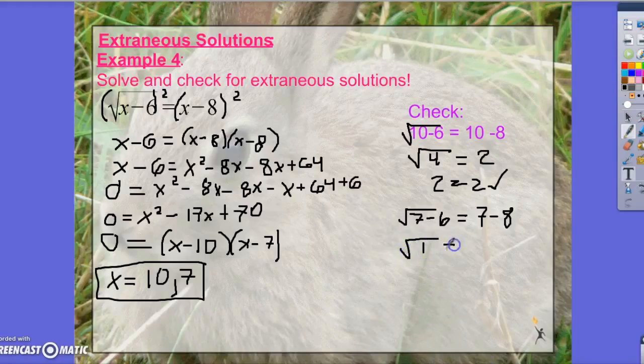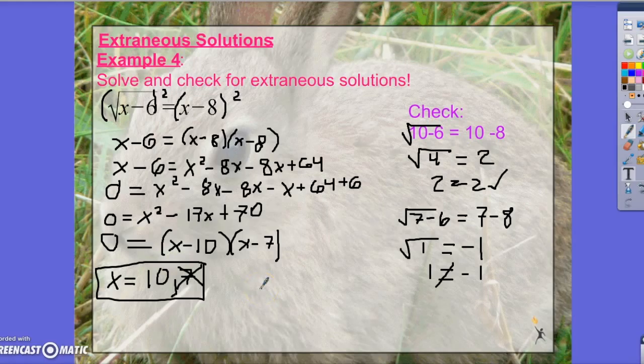Square root of 1 equals negative 1. So what do I get here? I get 1 equal to negative 1. That is not true, right? So actually, I could omit 7 from my answer. The only answer here is